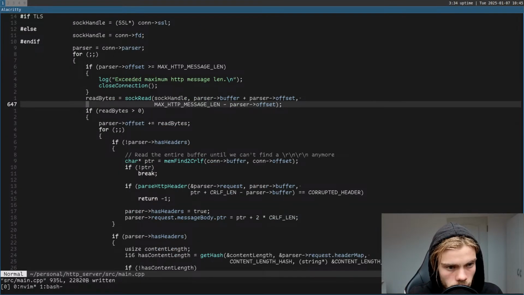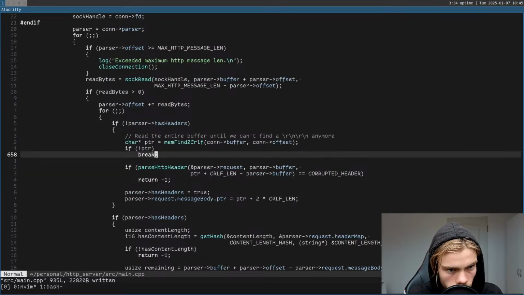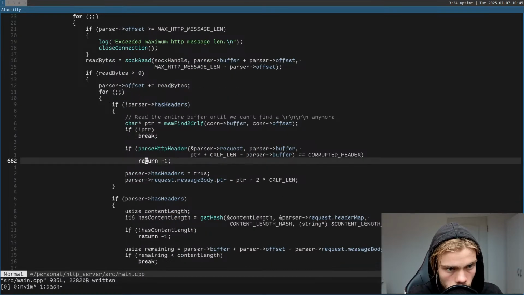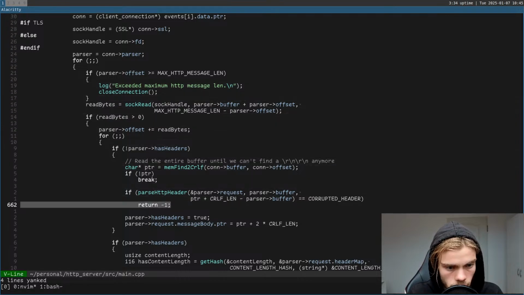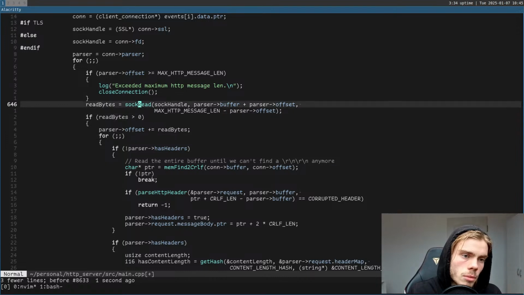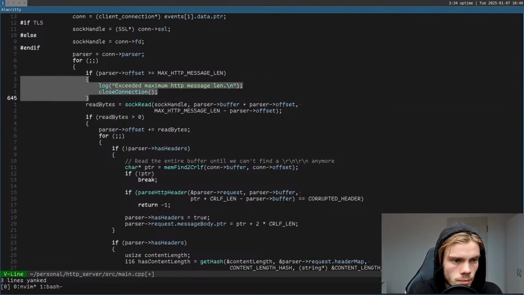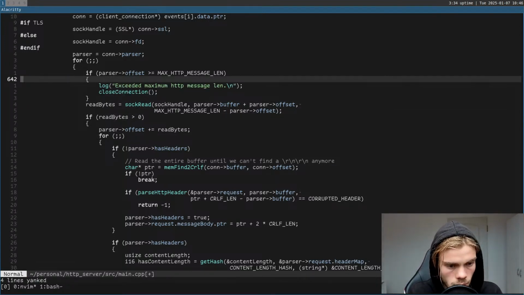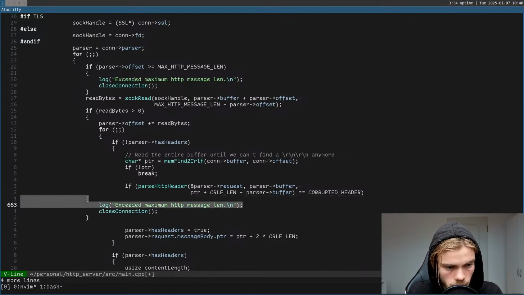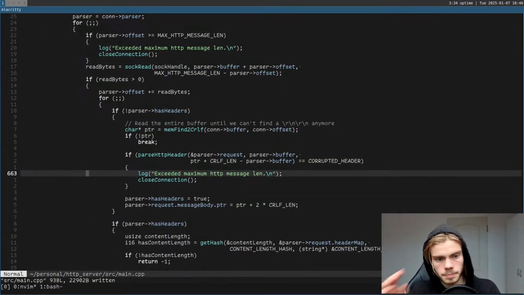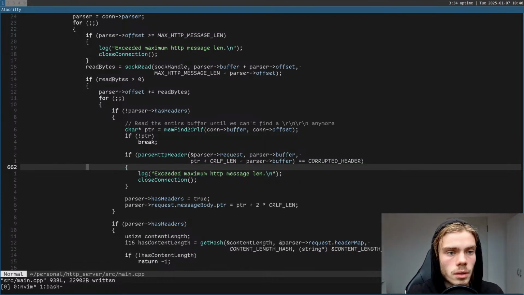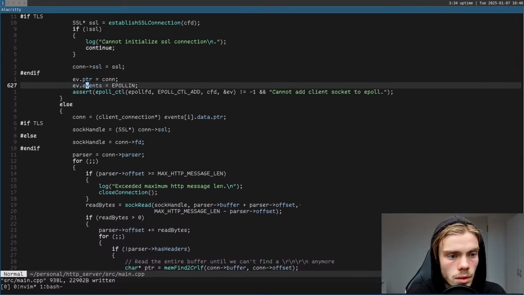Also here, if we cannot find it, we try to read again. That is correct. Here, everywhere, we try to return this. Okay. Close connection, and